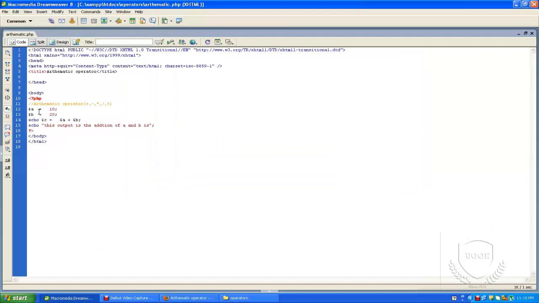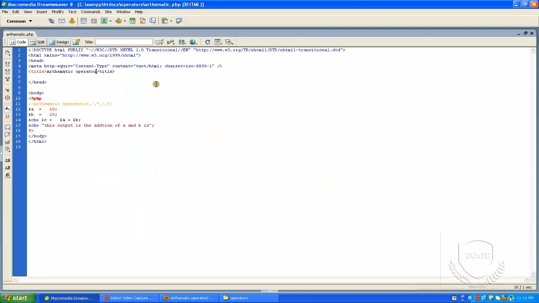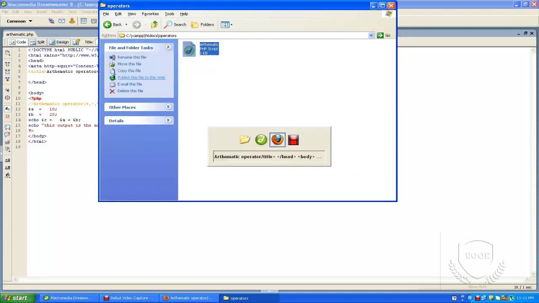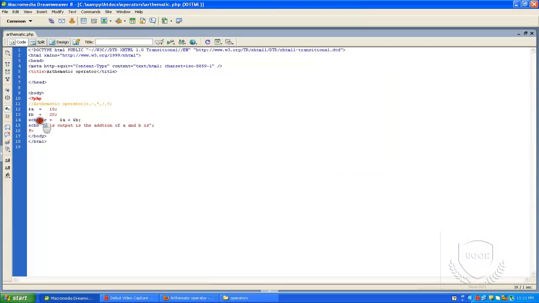Previously we unfortunately removed this tag, so the output was being displayed in the header part. That is the output of the addition, because we missed a tag here, so it considered the entire output as the header part. So I closed this one, and now you can view this output in the body part.